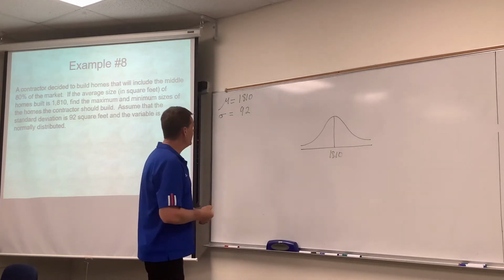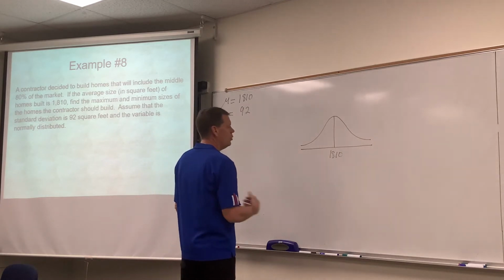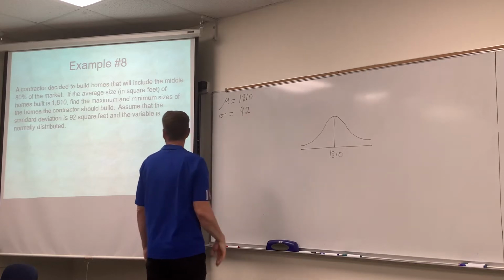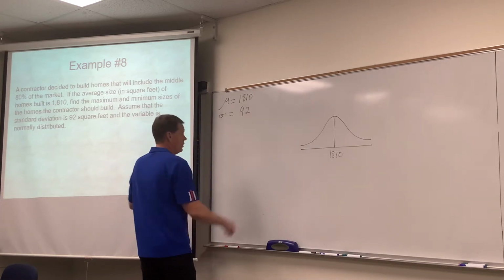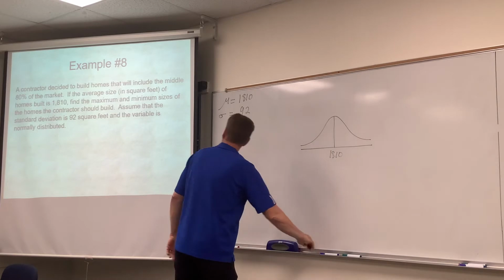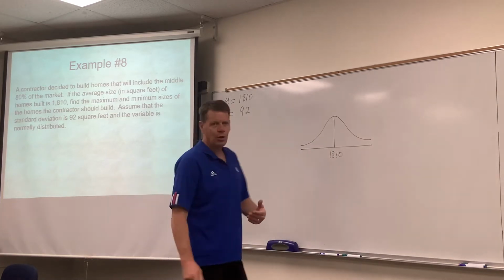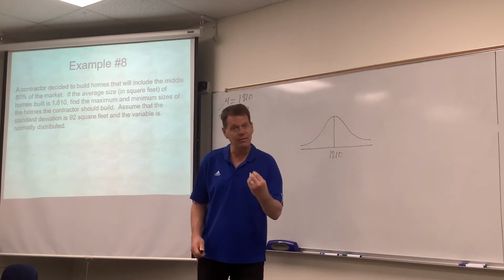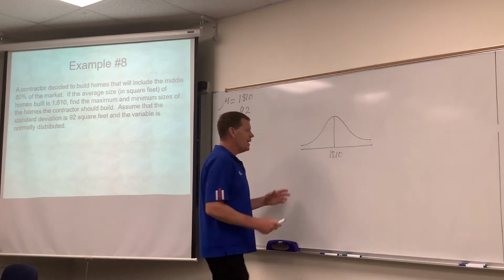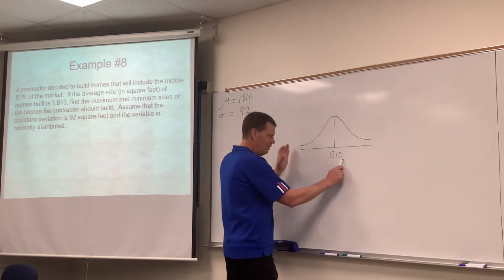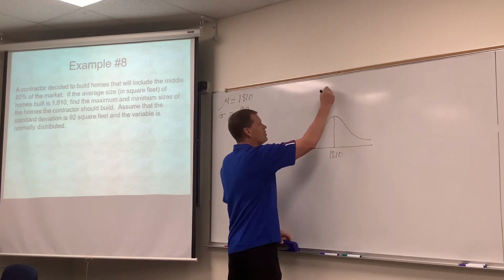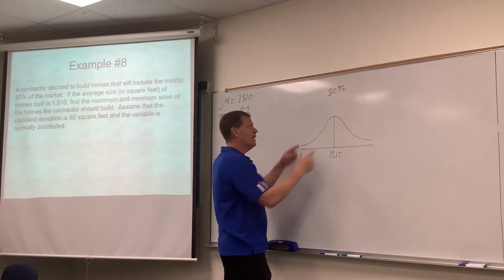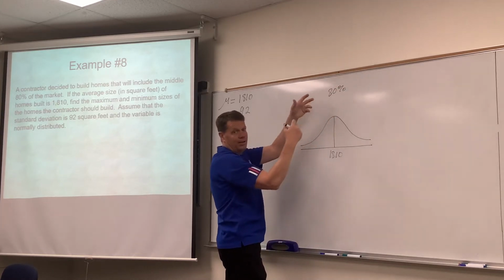So we're told that the mean for the square footage of a home is 1,810 feet, with a standard deviation of 92, and it also mentions that the variable is normally distributed. So a particular contractor wants to build homes that will capture the middle 80% of the market. So the picture as I see it would be normally distributed with a mean of 1810. 80%, all right, if they want the middle 80%, and we looked at an example like this, I believe it